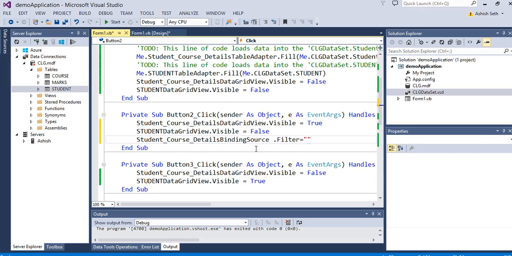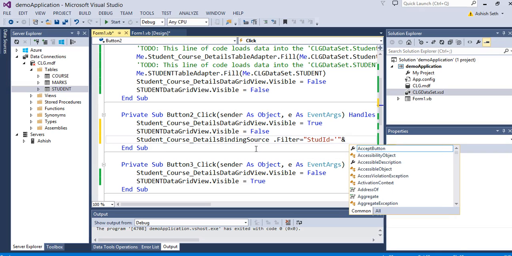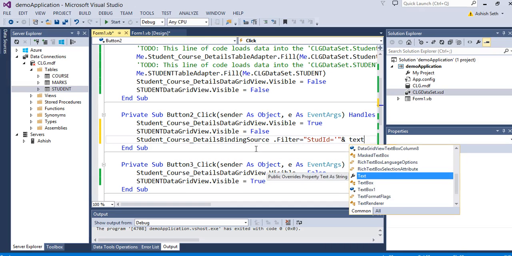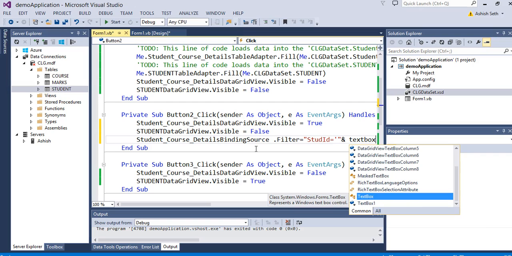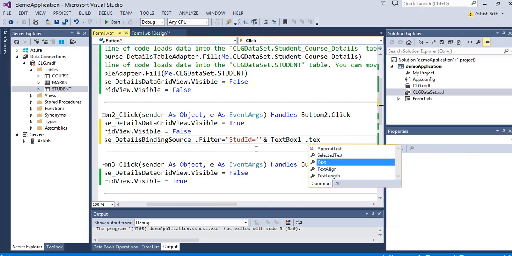Now here we have to write the code very carefully. Equal within quotes, student ID equal, then we write the single quote, then we write ampersand, TextBox1 dot text.